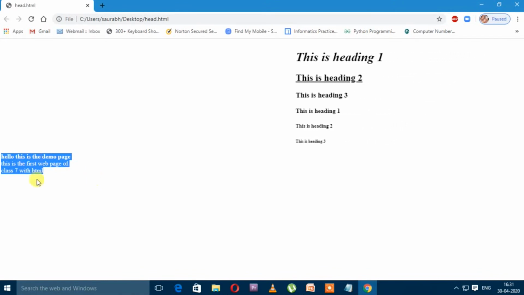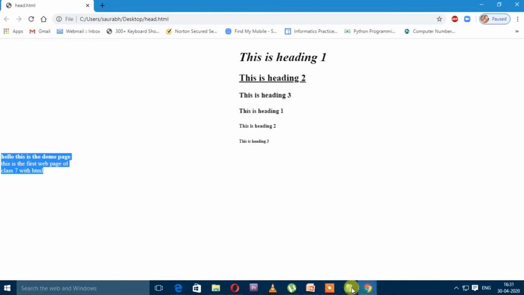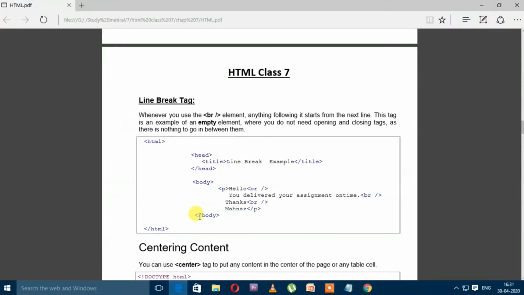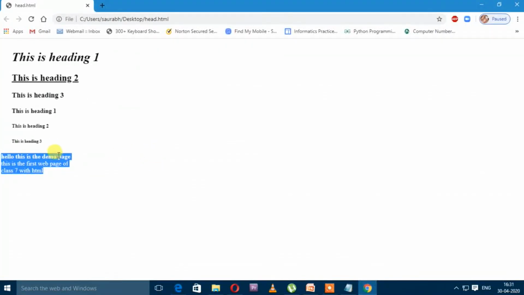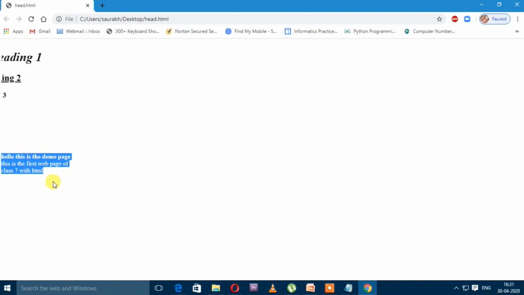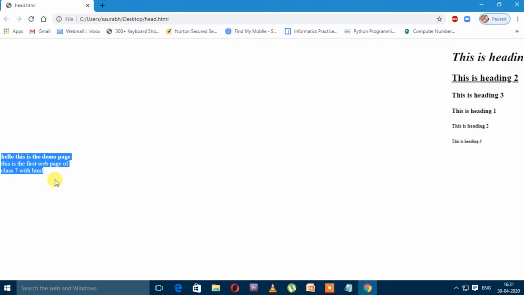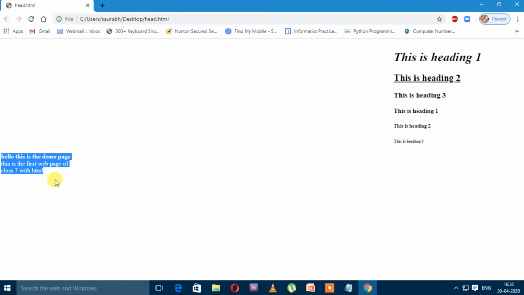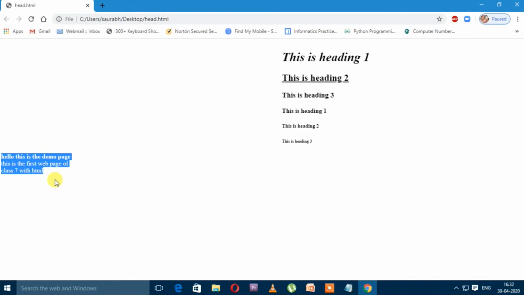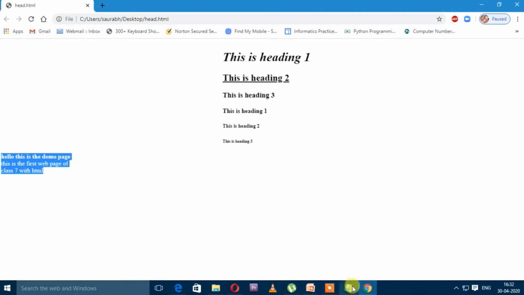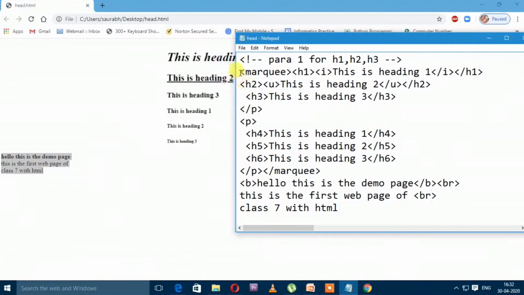Our next tag is center tag. Look at here in our output, our whole text is aligned at left side. But if I wish to give a heading to my web page and I want to display that heading at the center of my web page, then what I need to do? First of all, I need to pass the heading. So I am passing here the use of HTML tags.